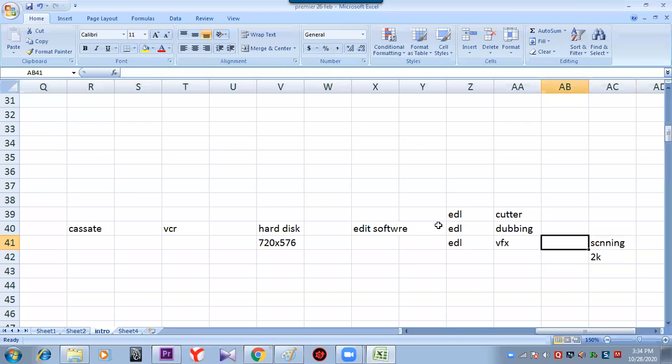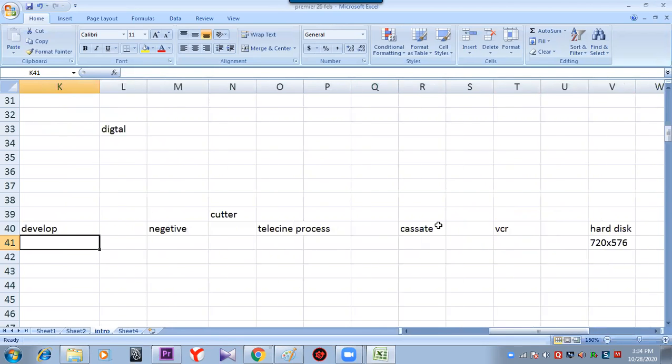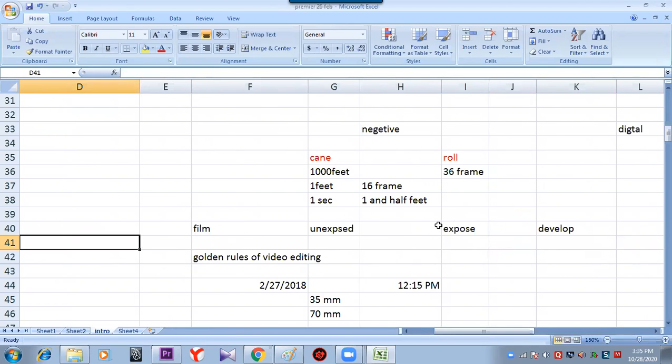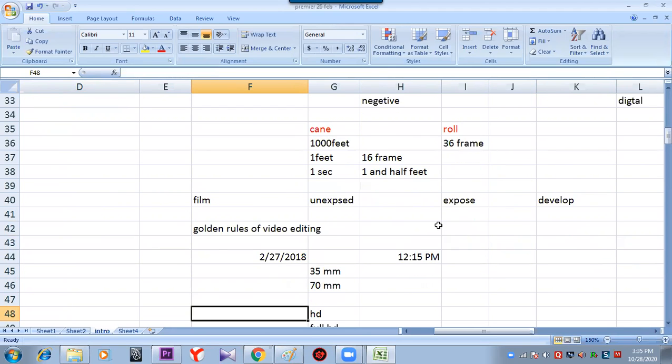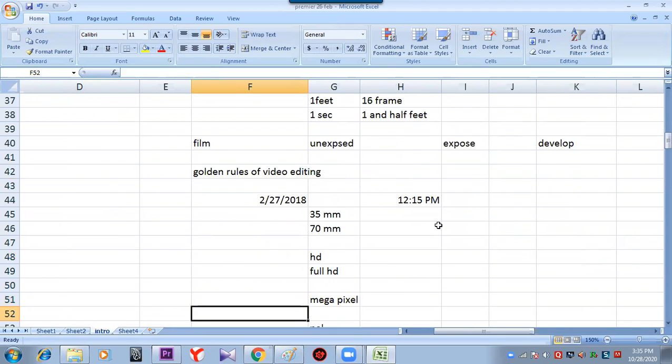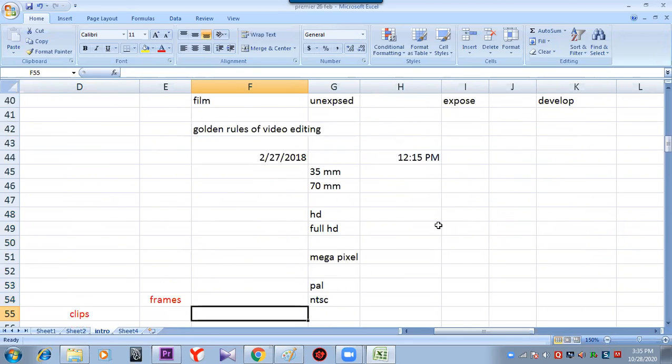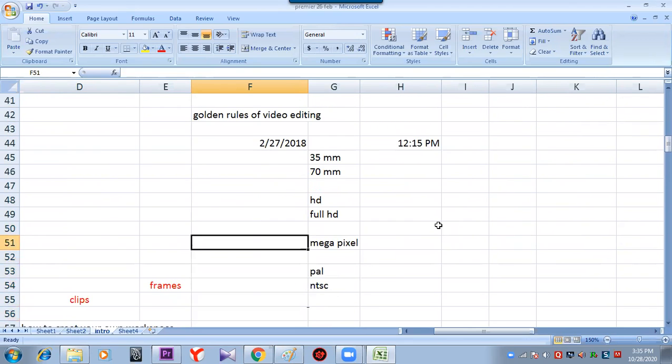So I've told you the past and present work in summary format, so that the theory gets stronger. So we have taken this much time. Now the information has been passed. Start searching about the golden rule of video editing. Get it ready. Now coming to the technical terms. Yes, these are all the technical terms to be known.